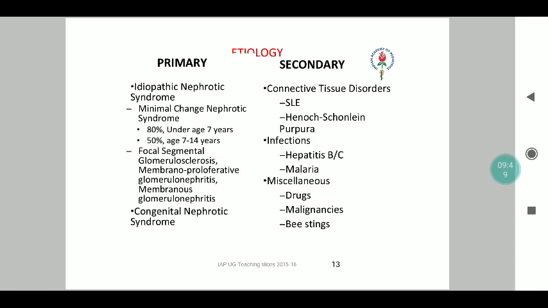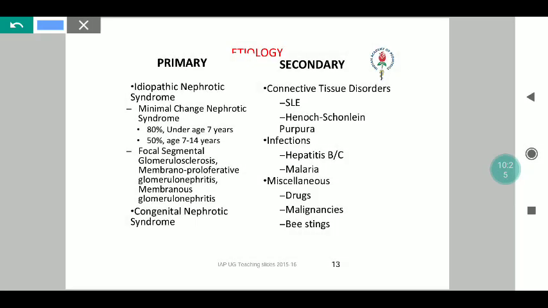Like I mentioned, histologically there will be very minimal or no change on histology of the renal biopsy. You can also get varied patterns. You should just know the names as an undergraduate, that is focal segmental glomerulosclerosis. So if you take a biopsy, in segments there is sclerosis. Then there is membranoproliferative glomerulonephritis. So MPGN is another component. You can also have membranous glomerulonephritis. Just know the names, that is more than sufficient.